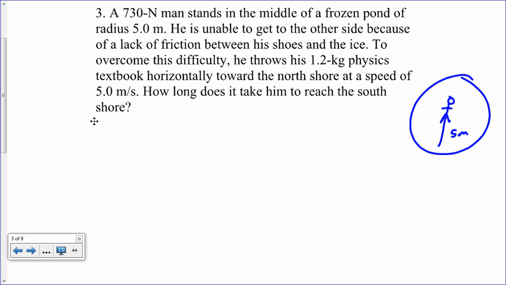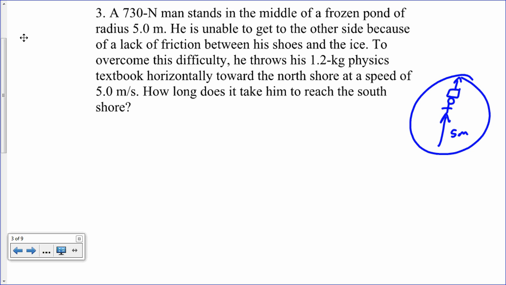To overcome this difficulty, he throws a 1.2 kilogram physics book horizontally towards the north shore. So he throws a book in that direction. How long does it take him to reach the south shore? So we need to find the velocity of this man. In order to find the velocity, we